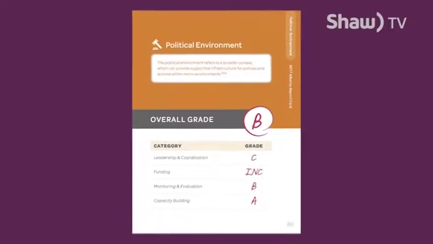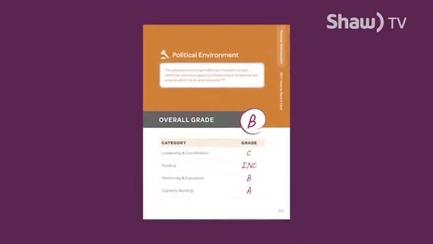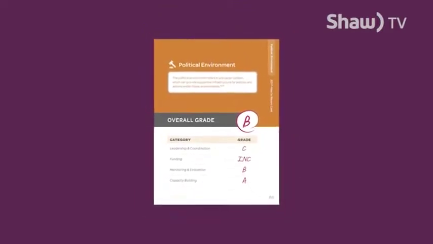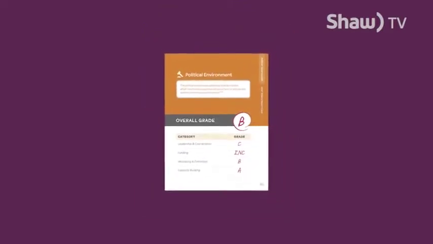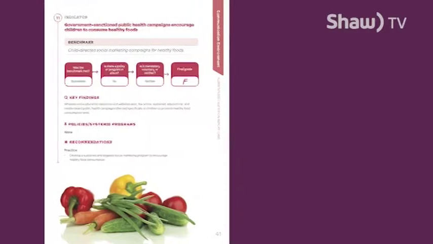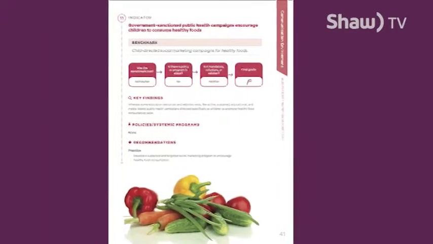The area where we're doing the worst is around finances. So one of the things that we looked at is, could a family who was working on minimum wage or living on social assistance actually afford to buy a healthy food basket and feed their family? And it's just not possible. You could be the best budgeter in the world, and it's just not going to work. So that's why we have things like food banks, right? Because people have to pay their rent. Yes. But food is always one of those flexible things. So we gave an F on the economic environment around the affordability of healthy foods,